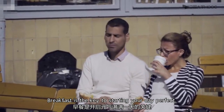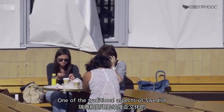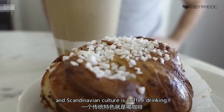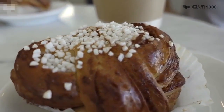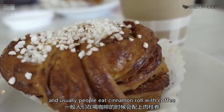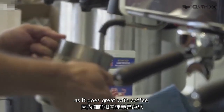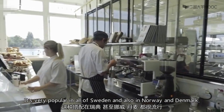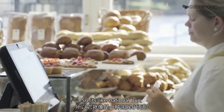Breakfast is the key to starting your day perfectly. One of the traditional aspects of Swedish and Scandinavian culture is coffee drinking. In Sweden, a coffee break is called a fika, and usually people eat cinnamon rolls with coffee as it goes great with coffee. It's very popular in all of Sweden and also in Norway and Denmark, so it's like a national